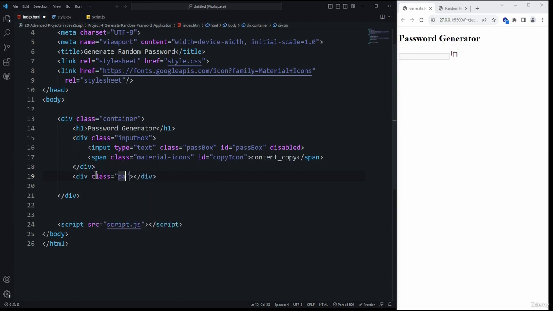Inside of that we need to provide a password indicator, and then we need to provide the id, and here I'm going to provide the pass indicator again, but in this one we are going to use the camel case typing. Alright, so this is for the password indicator. Right now you can't see anything because we are going to update these values by using the CSS and the